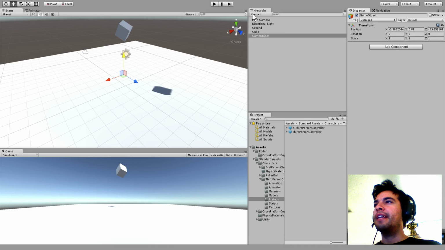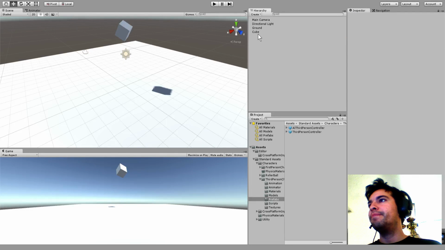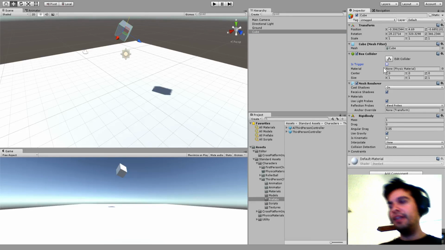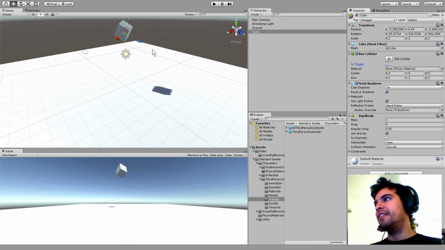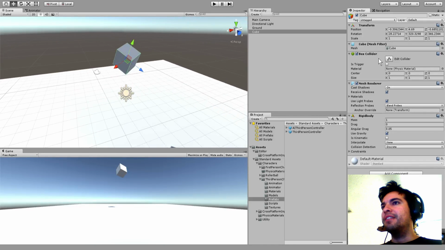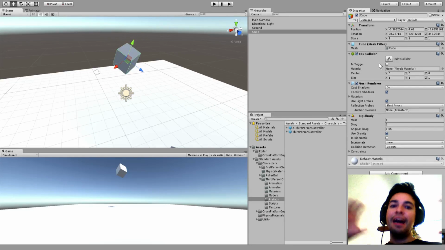So if I create just a cube, this cube has a transform component, but it also has a mesh filter, kind of what pixels does it take up on the screen. So if I deactivated everything, I don't have to. The box collider, it's its bounding box basically. So if you're thinking 2D, it's the area that says, hey, this is the area that this object lives in. So this kind of object lives in a box,